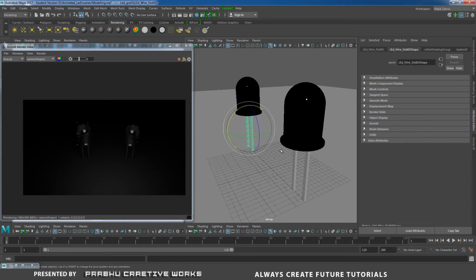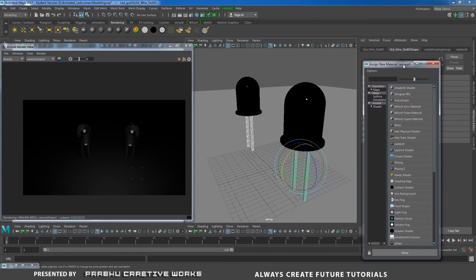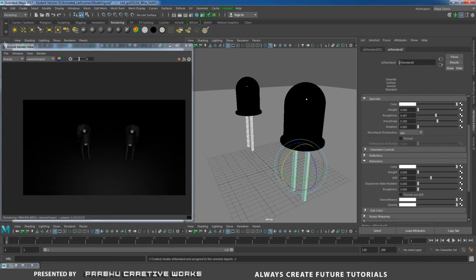Now I select this object and shift select this object. Right click and choose Assign New Material. This one is steel, so I will give Arnold aiStandard and rename this as steel_aiStandard.